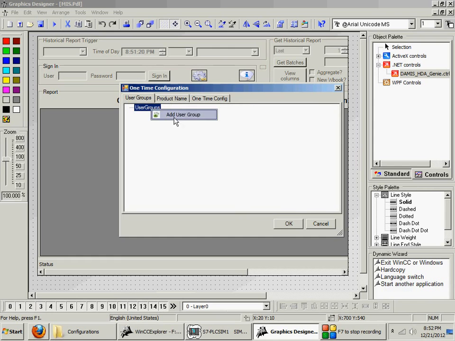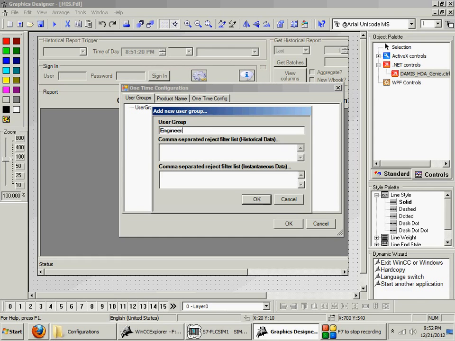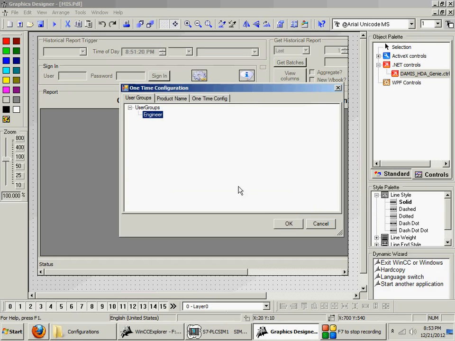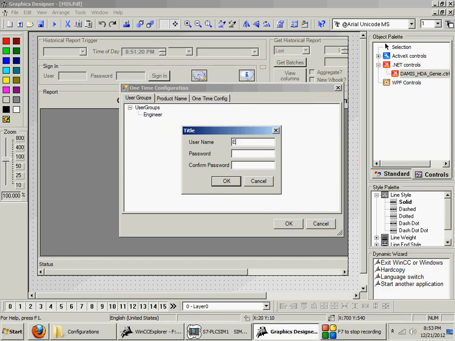Then you can configure user groups. I am adding new. In the previous video I had shown you that there is a special authentication for this kind of reports, but this is the main reason why we provide special authentication. For example, I have considered a petrochemical plant where there is a product of petrol and diesel, but you don't want to reveal the octane value to the engineer, so you can put this as a filter. So the user under the engineer group will not be able to see any tag in historical and instantaneous data which contains octane as a part of the string. Then you can add users, let's say eng1.